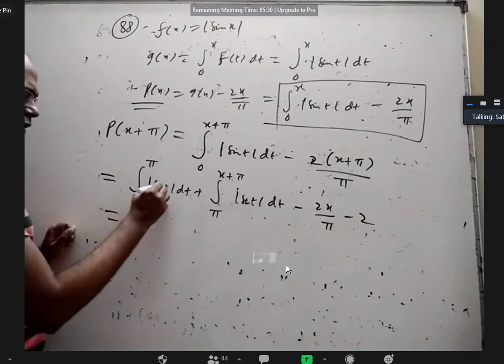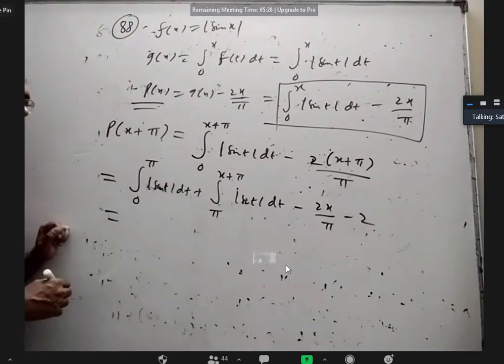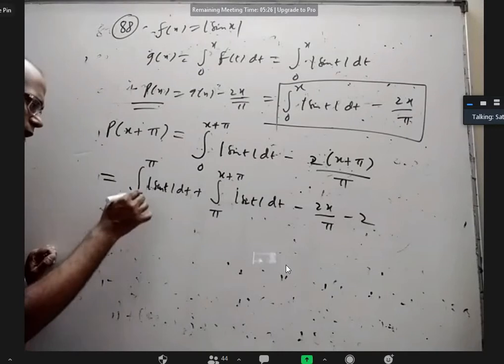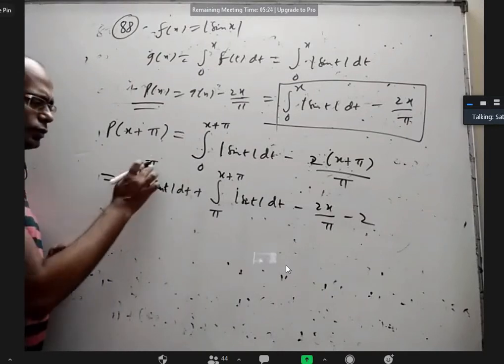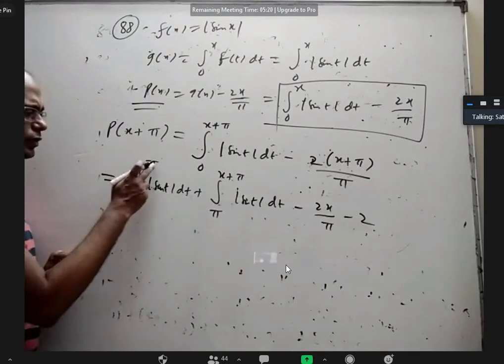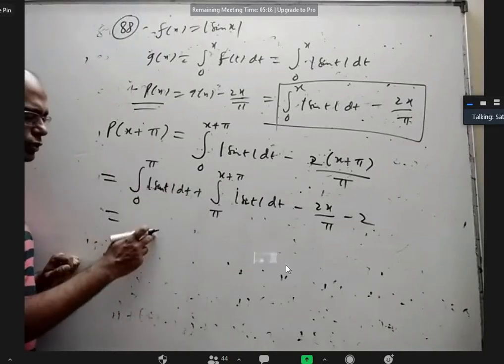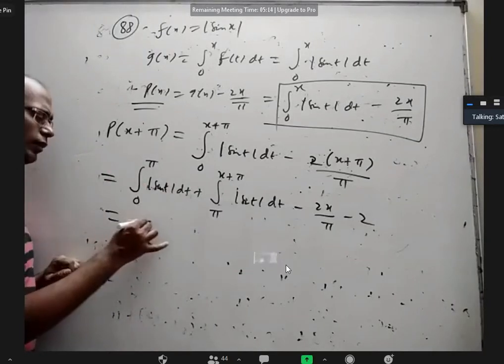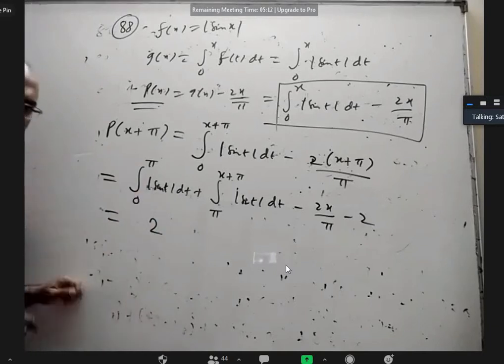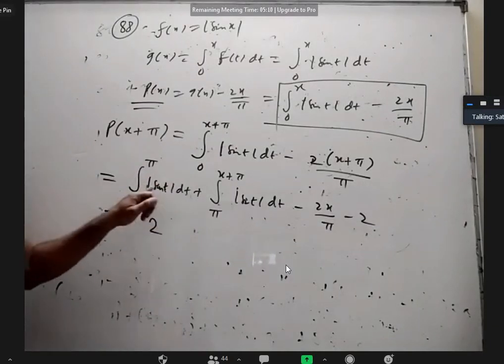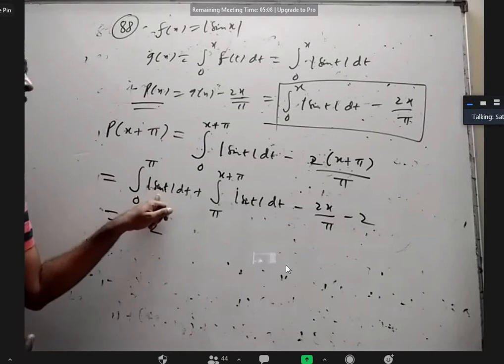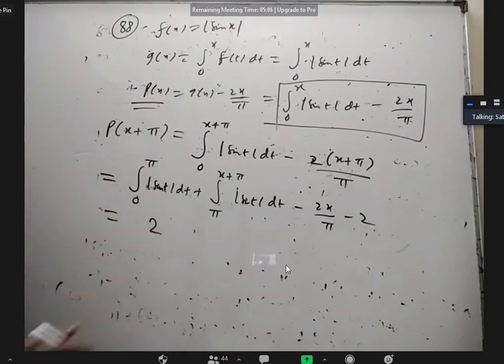Luckily, just today I taught about periodicity in definite integration for the other campus. 0 to pi mod sin t dt: between 0 to pi sin t is positive, so I can remove the mod and integrate it. Minus cos t will come, put upper limit, lower limit, finally the answer will be 2. I'm not spending the time. Just remove this mod, sin t integral is minus cos t, put upper limit, lower limit, we will get 2.